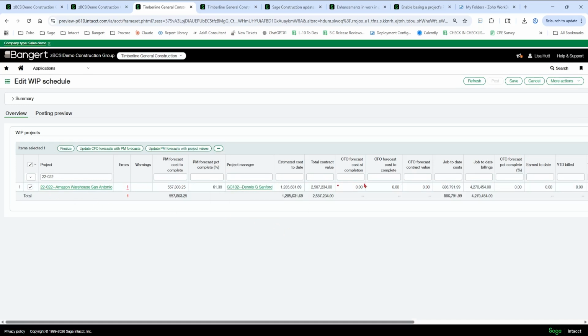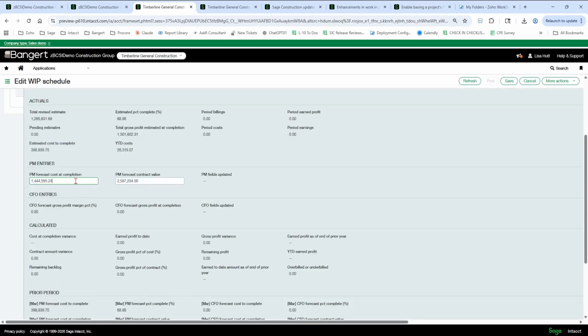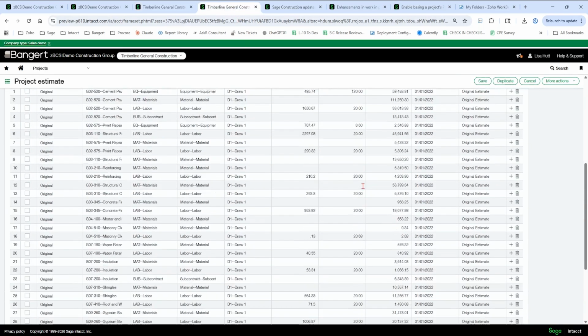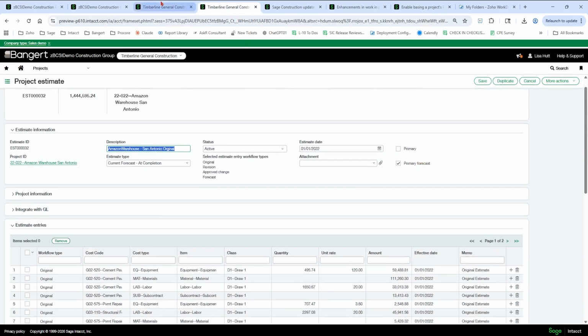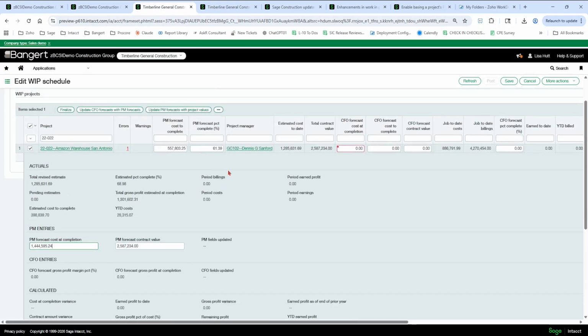So why this is useful? It is for when a project manager forecasts with an integrated software and they push that forecast into Intact and tag it as the primary forecast, whoever's running the WIP schedule, if it's the CFO or the accounting department, they can reference the forecast that came from that integration.